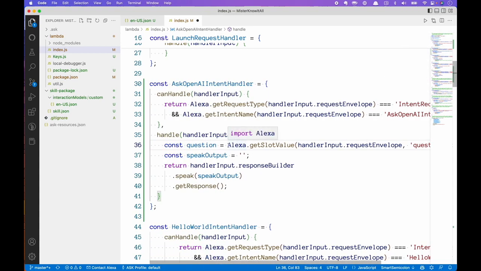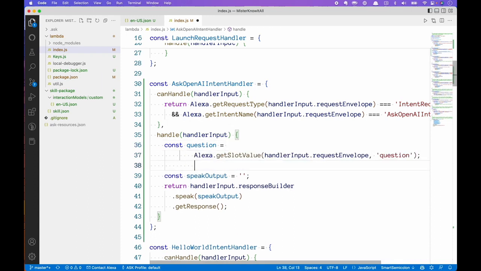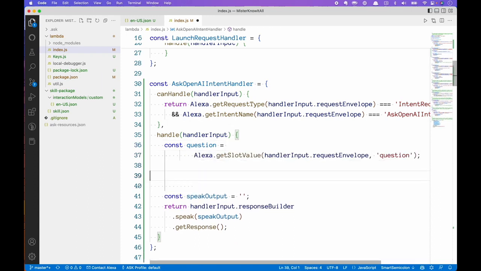Now, so that we don't have to scroll around so much, I'm going to break this up onto another line. There we go. Cool. Now that I have the question, I've got the value. So whatever the user said, if the user said ask what is pizza, then the value of question should be pizza here. All right, ignore what Copilot's suggesting now because it's not really doing anything terribly useful. But I do need to say